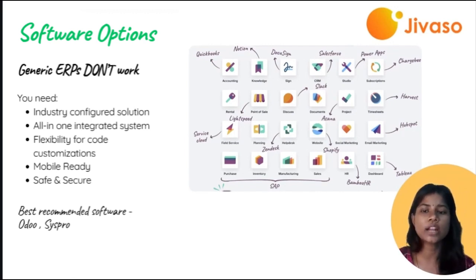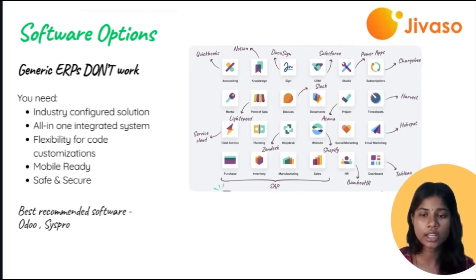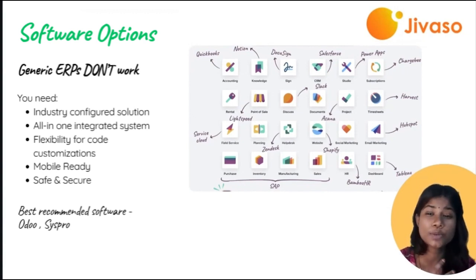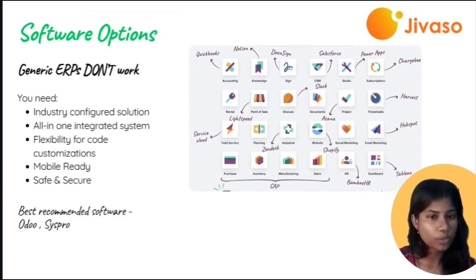And then you need all-in-one integration. If your sales, inventory, production, field service, and finance systems are all scattered, you're creating silos and missing opportunities. Let's say a distributor sells a class 2 orthopedic device, but the warehouse ships an outdated revision because production and sales weren't synced. A unified ERP connects the dots from sales orders to lot specific inventory, from service warranties to complaint tracking, so your operation moves as one.